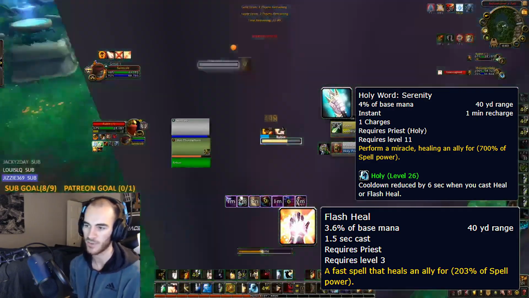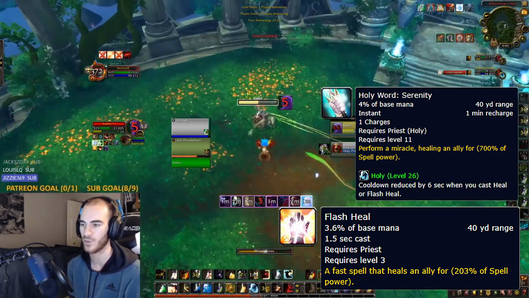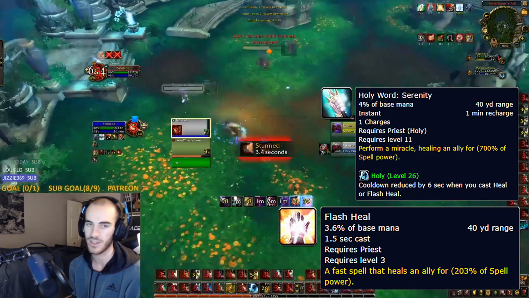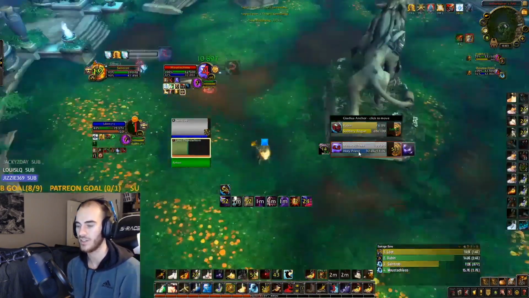So you can use that whenever you're in a pinch. It's a very big instant cast heal, and the more heals that you cast and more Flash Heals that you cast, the faster that Serenity comes back. So with that being said, the legendary that I like to use is called